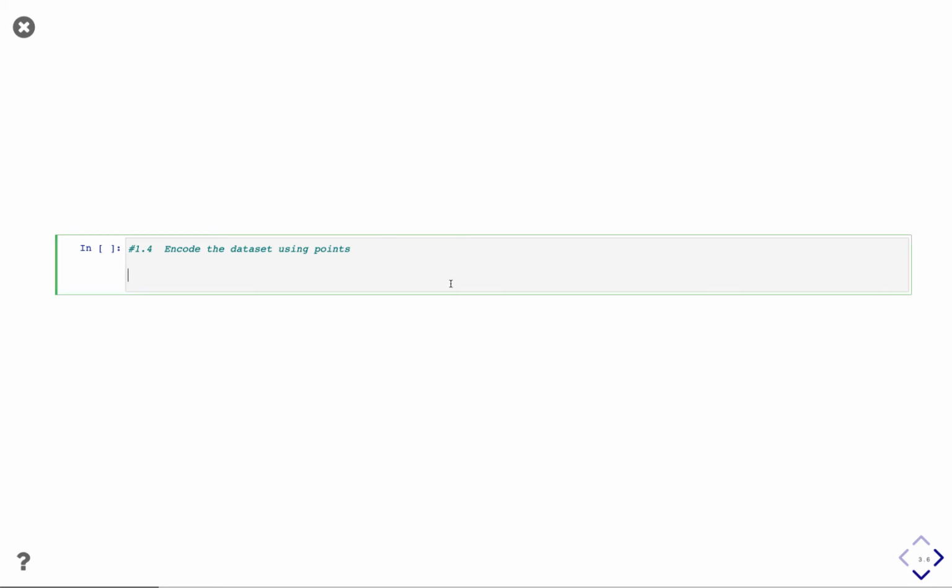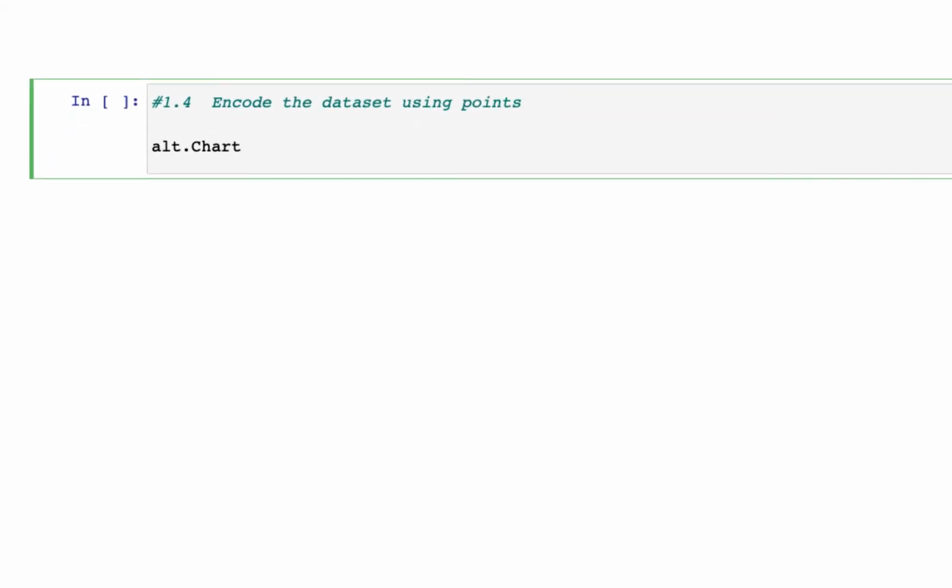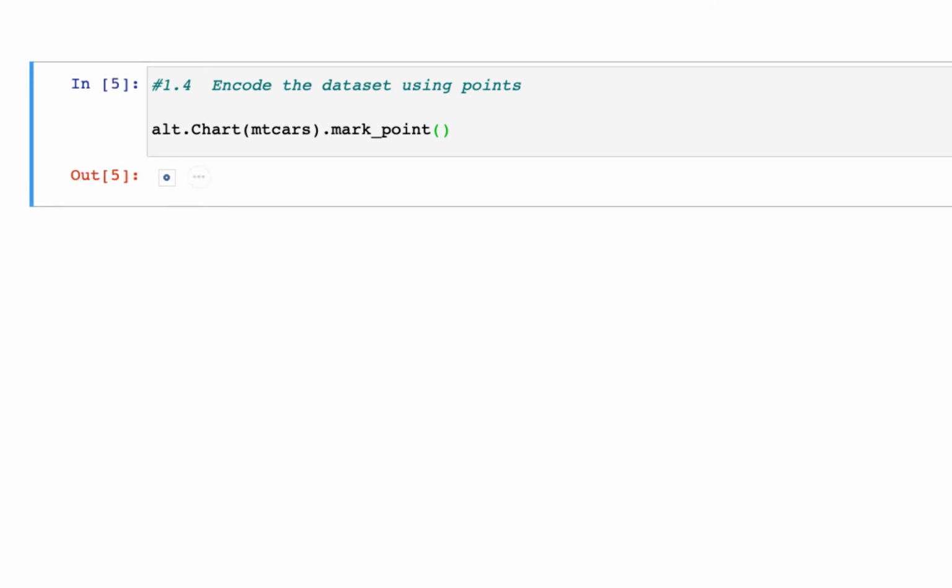So Altair, just like all grammar of graphics implementations, needs a few different things. The first thing we need to do is tell it what data we want. So Altair, make me a chart using the mtcars dataset. Okay, that's the one we just showed a second ago. And please make a point for every row in the database. So Altair, make me a chart. For every row, make a point. And voila,